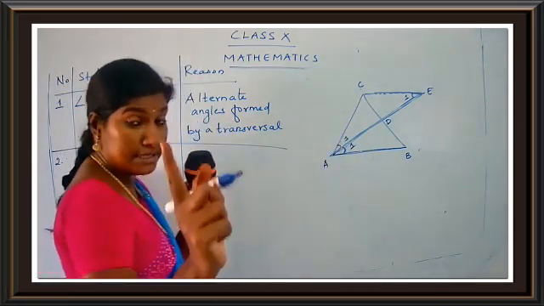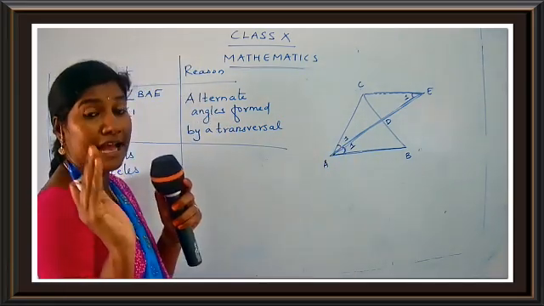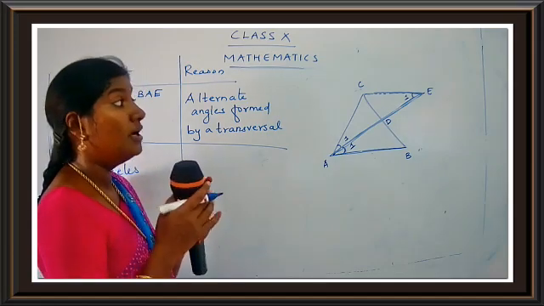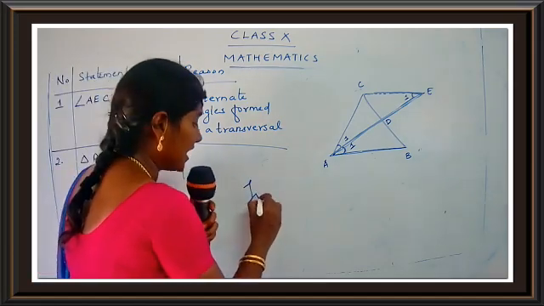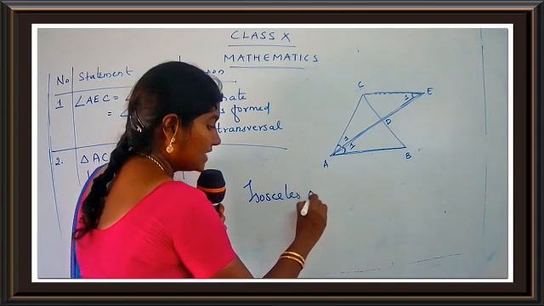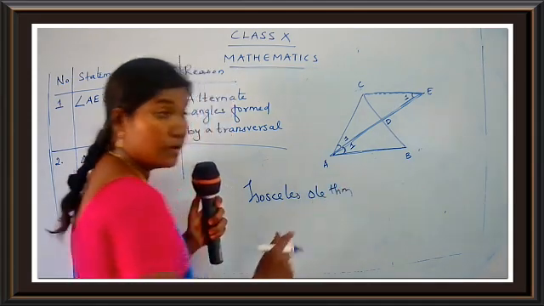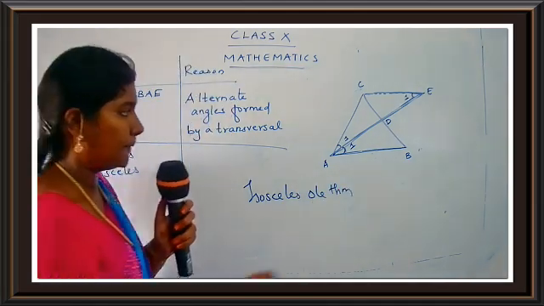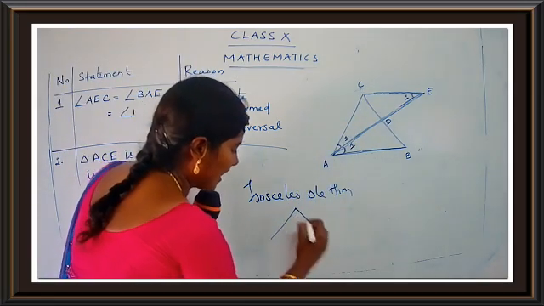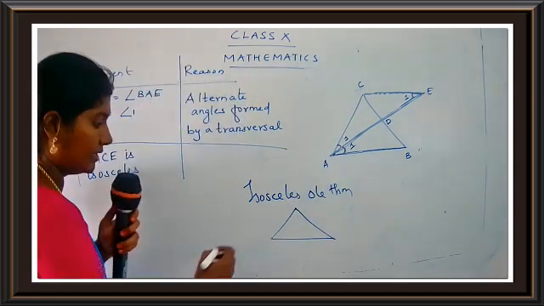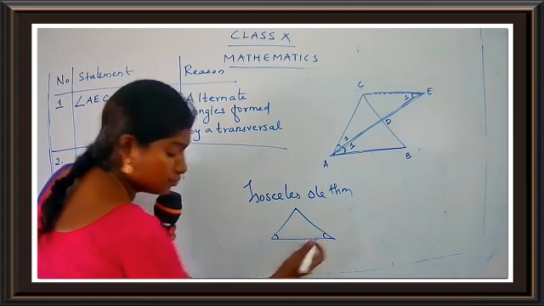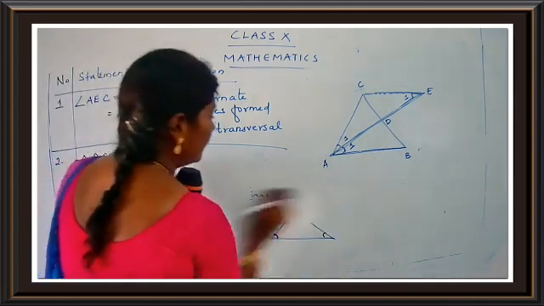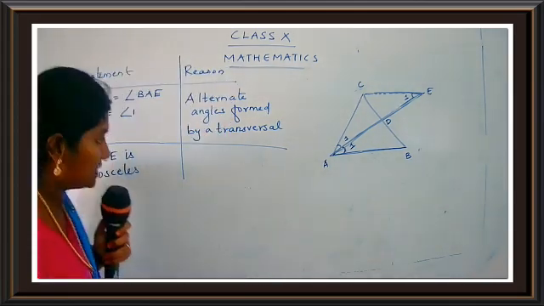Now, just listen to me carefully. Already, we have done this theorem. That is, we have seen the isosceles triangle theorem. Do you remember this theorem? What is the meaning of the isosceles triangle theorem? Now just see here, we have a triangle, okay? If you have a triangle and if these two angles are equal, I'll just draw a little bigger over here so that you will be able to see.